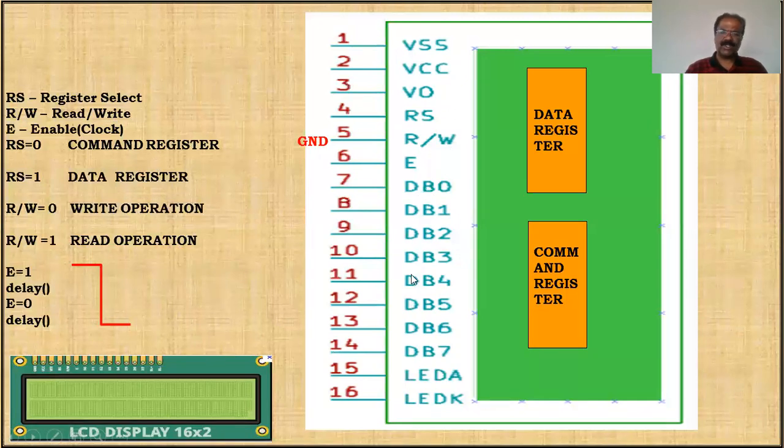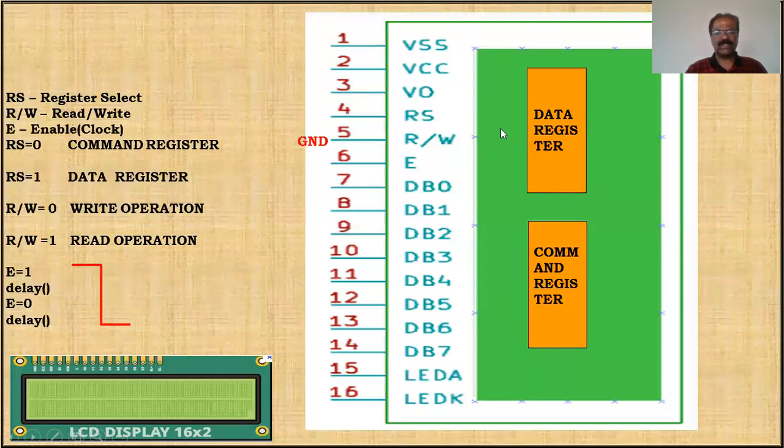Now here, if you want to develop any embedded software, first we have to understand the internal structure, internal architecture of circuits of that particular instrument, equipment. In this case, we have to know something about LCD. Now, this is the internal structure. I'm explaining very briefly some important concepts.